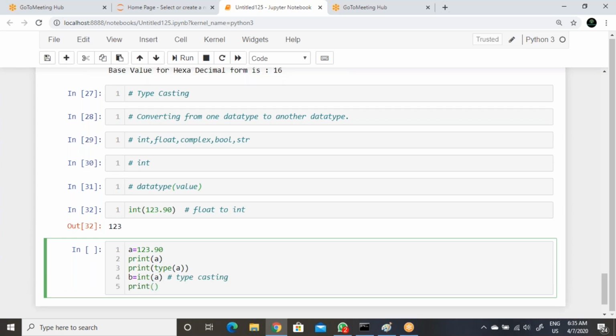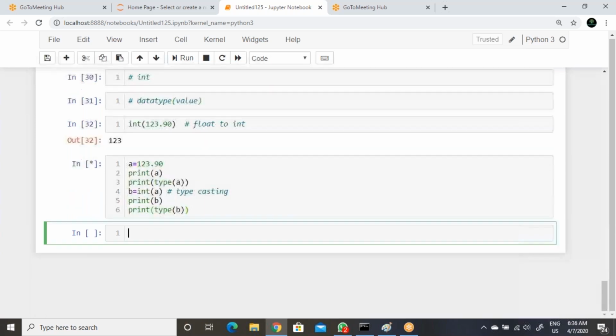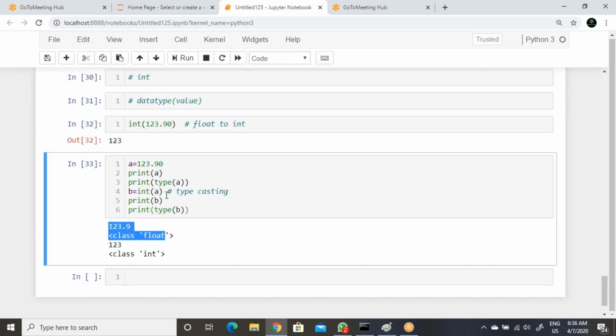Now take the same approach here: integer of true. What we are trying to do is convert from bool data type to integer data type.